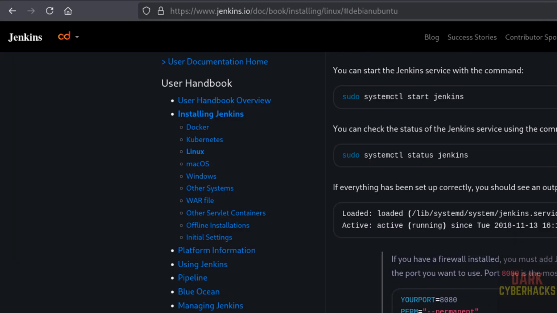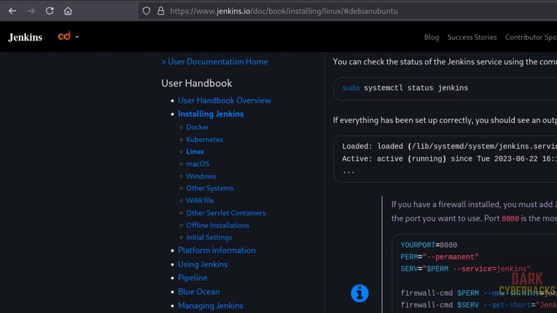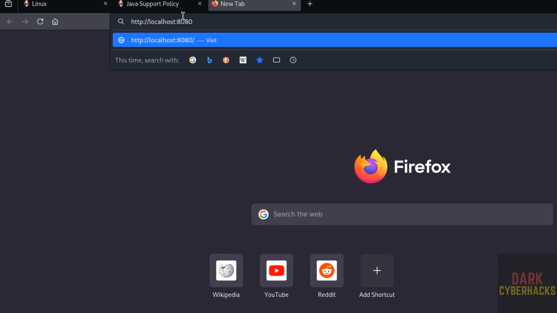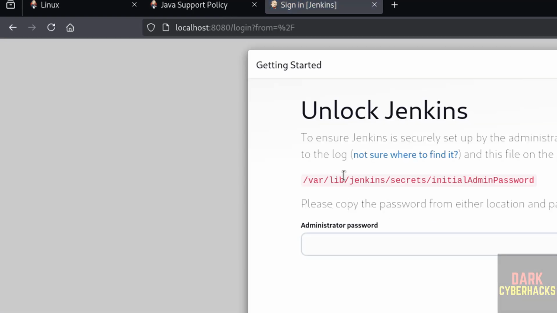You come down. See, in the post installation steps we have to connect Jenkins. So copy this URL, copy it, new tab, paste it, hit enter. Now it will ask initial admin password. See here, it is asking initial admin password. Copy this one,